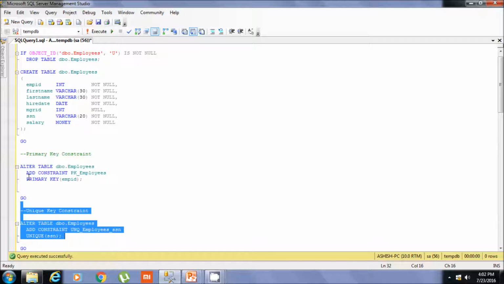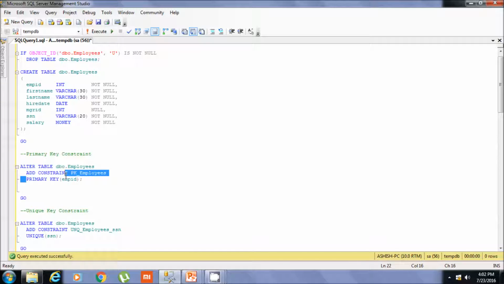Syntax is almost the same as primary key. Instead of the primary key keyword, we have used the unique keyword. So generic syntax will be alter table, table name, add constraint, constraint name, then index type, and within brackets comma separated column names.